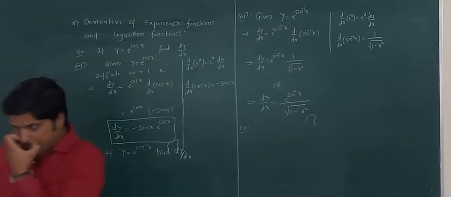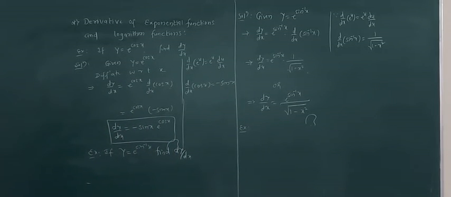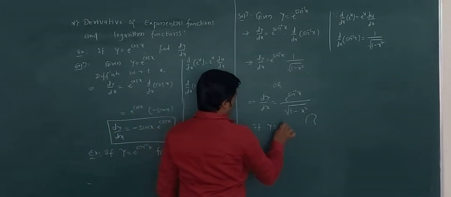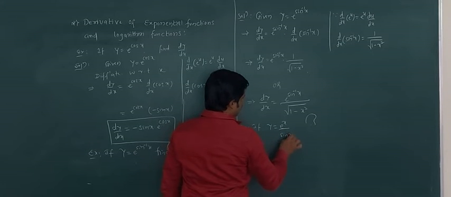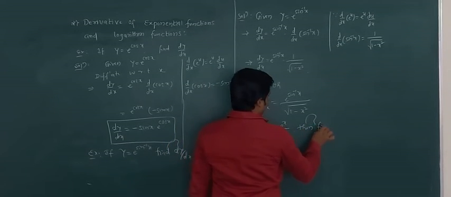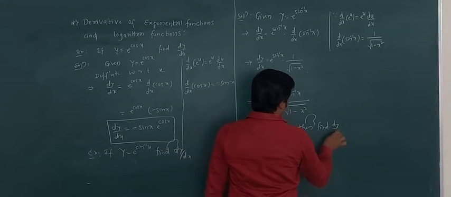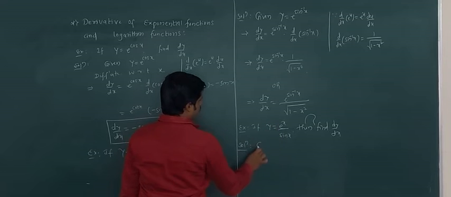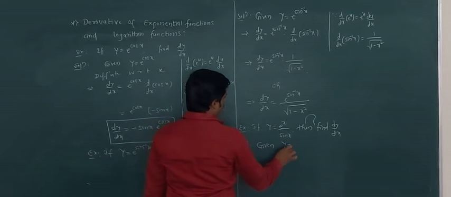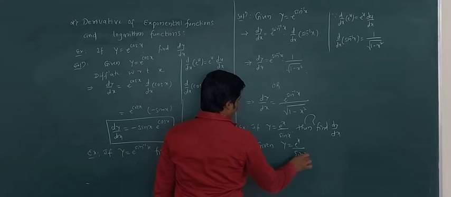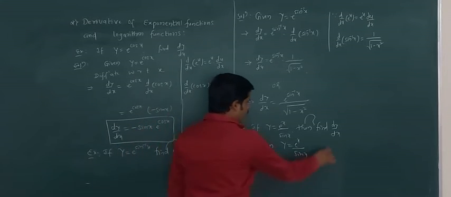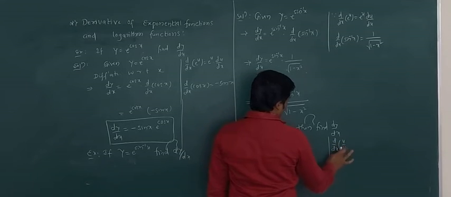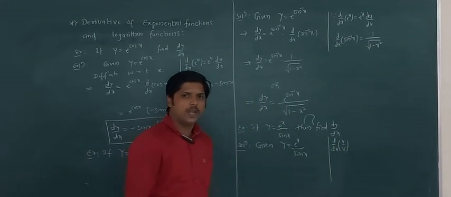So consider next example. If y equal to e to the power x divided by sin x, then find dy by dx. Solution of this example: here given is y equal to e to the power x divided by sin x. The given function is of the form of quotient, that is, we know that for dy by dx of u by v, quotient form,